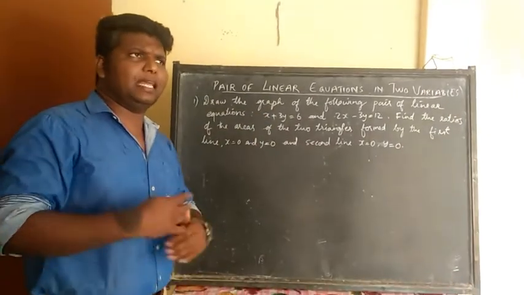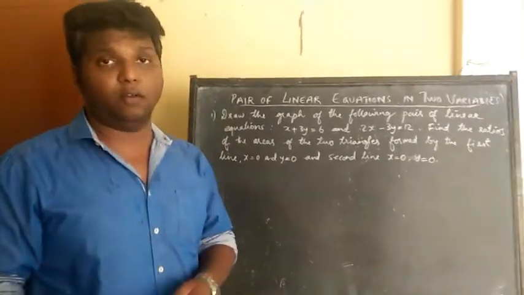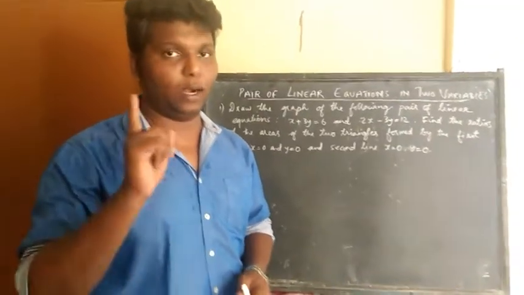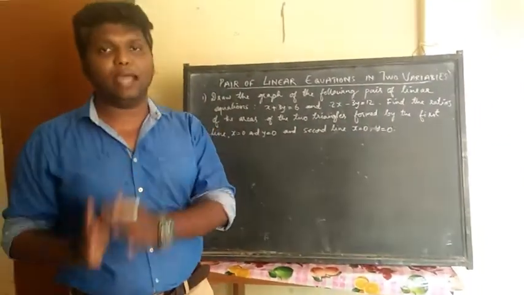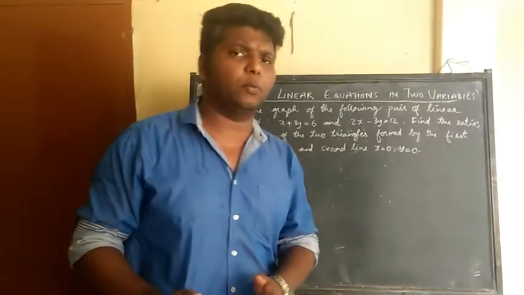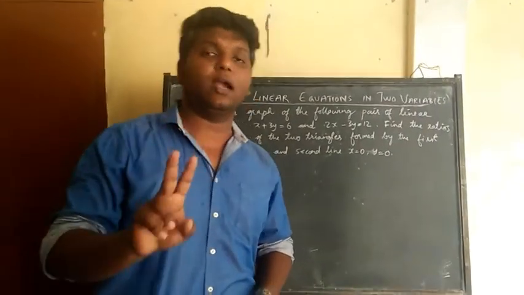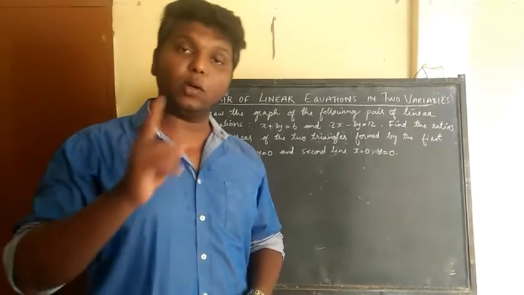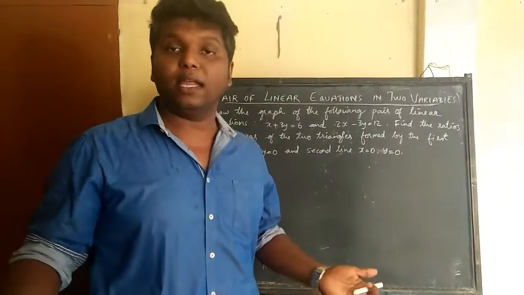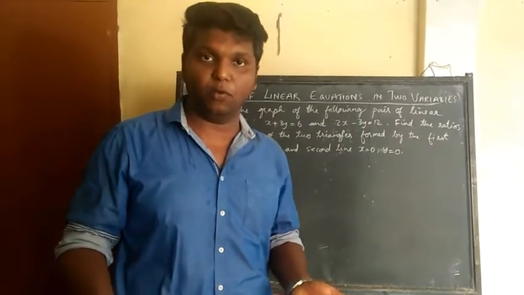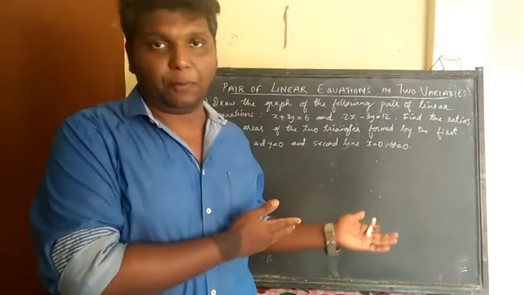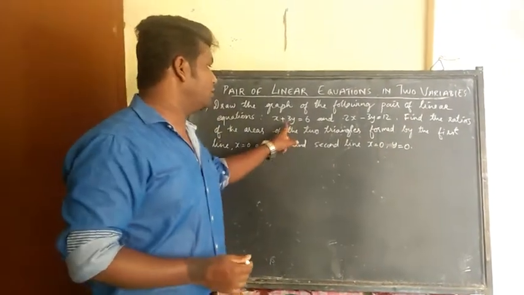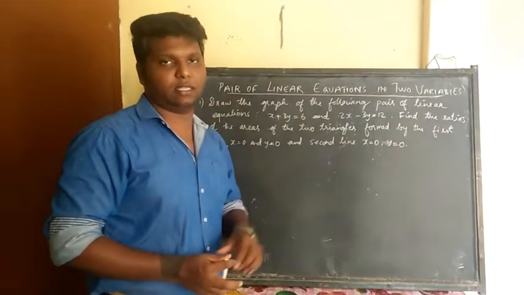Typically, whenever we want to solve linear equations, if there are two unknowns, one x and one y, and you don't know the values of both of them, then if there are two unknowns, there should be two equations to solve it. If there is only one unknown, one equation is quite enough to be solved. That's what we studied in the chapter of polynomials. Here we need two equations to solve this one. That's why here two equations are given.